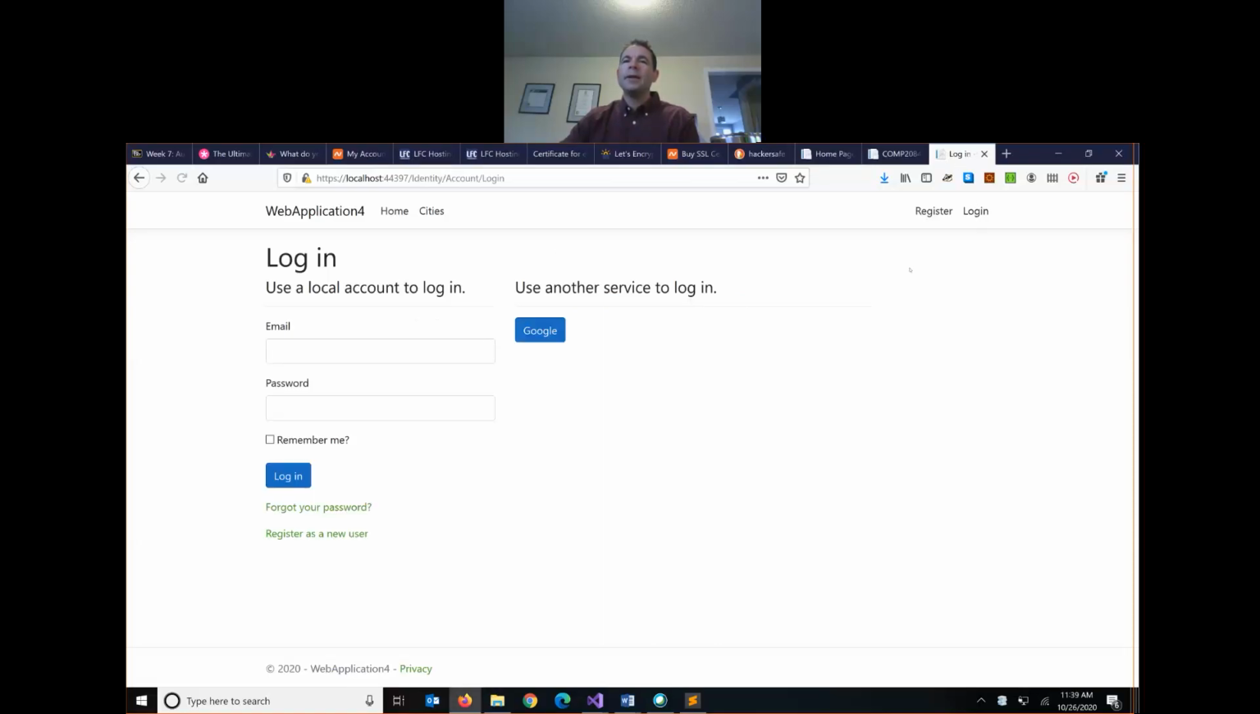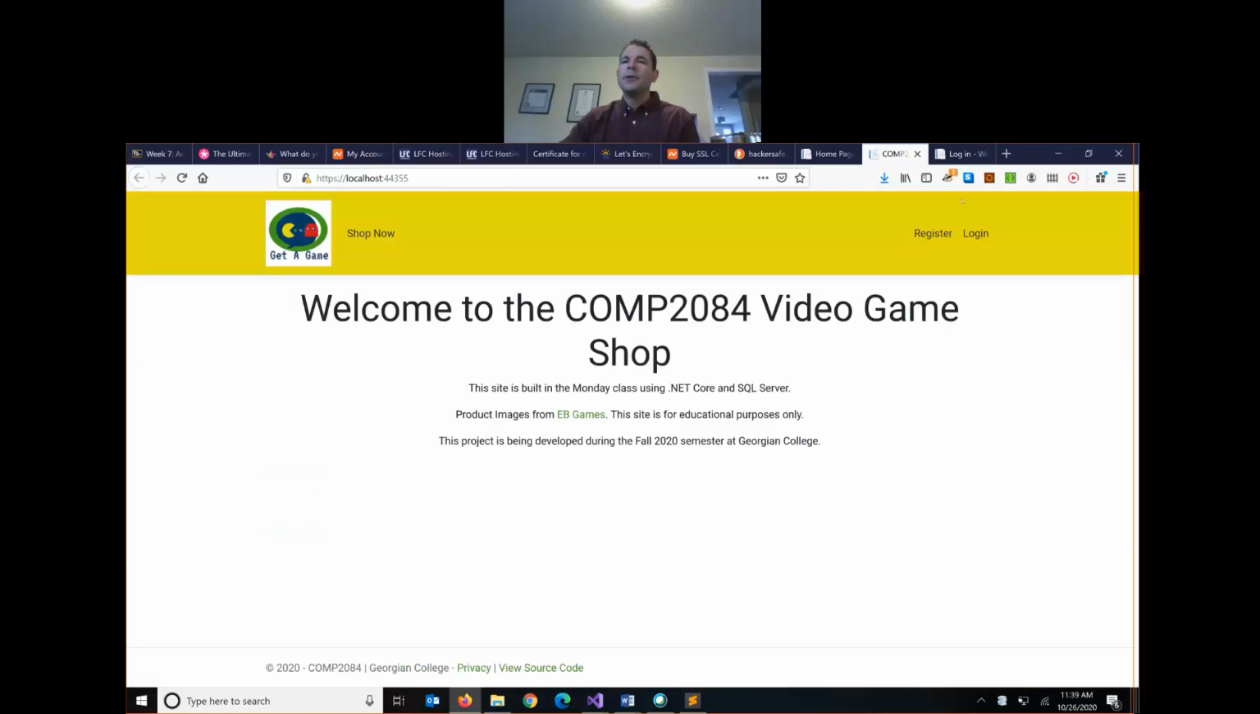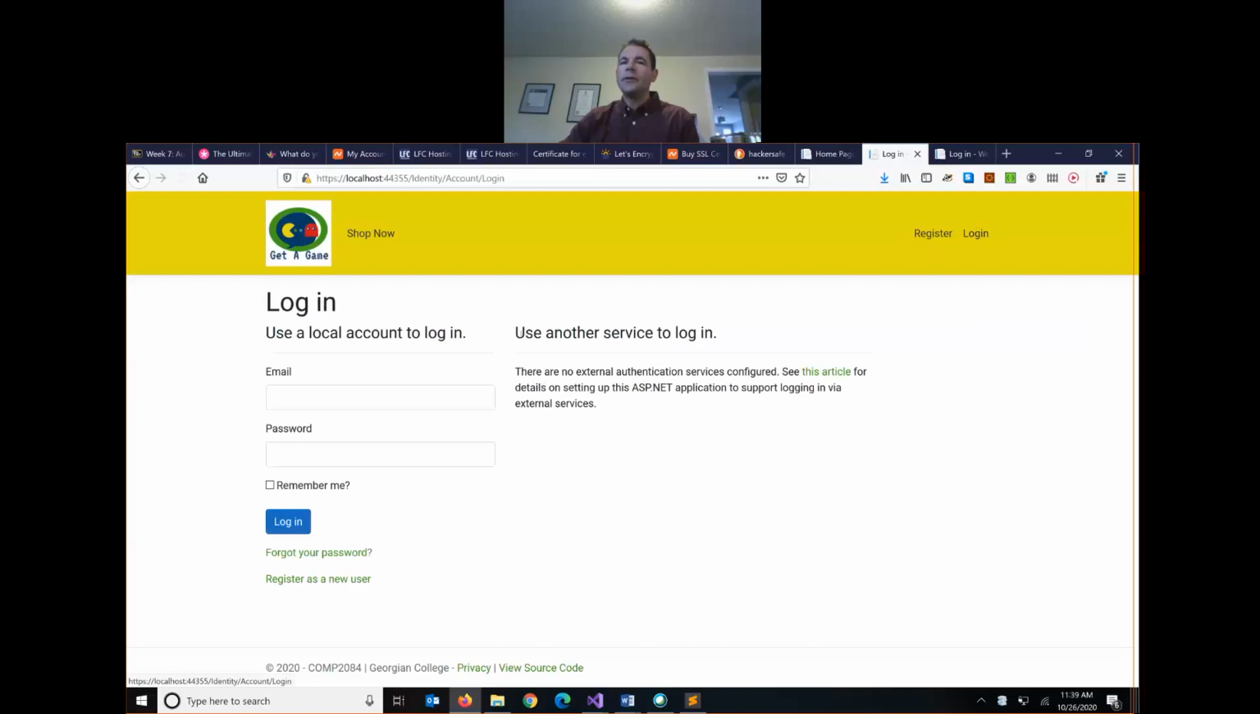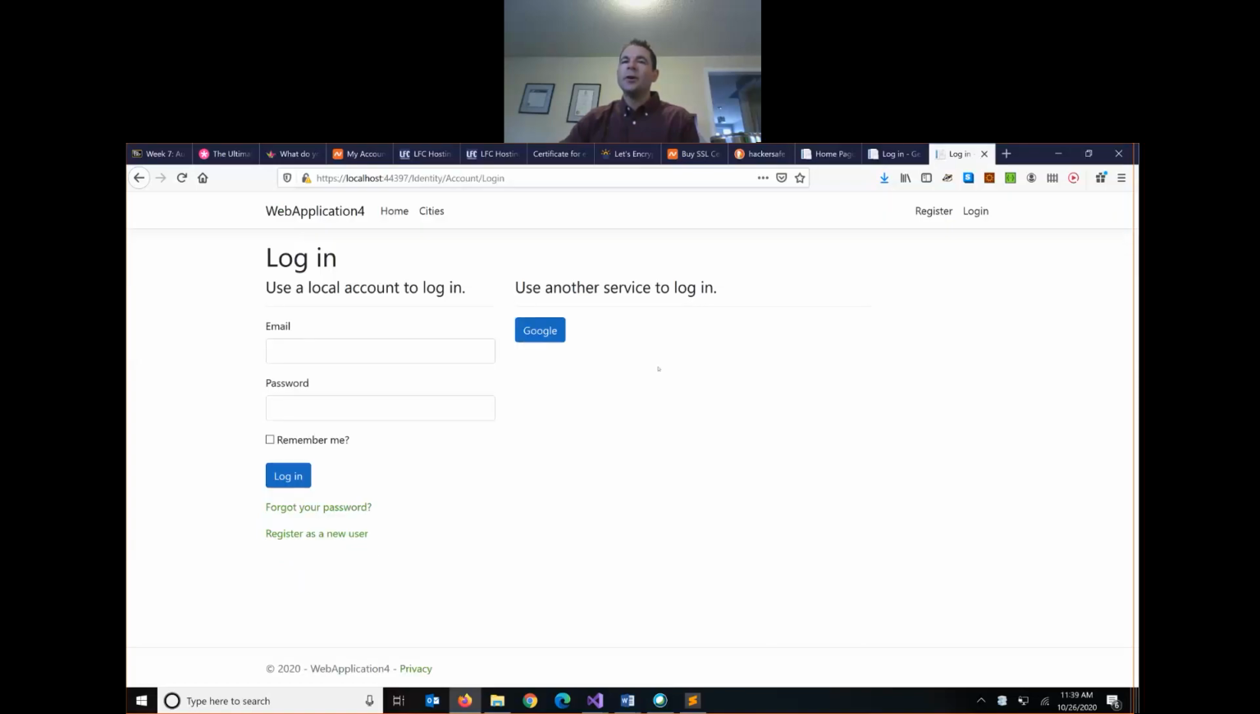When I click Login, you'll notice on our game store, on the login screen, it says, use another service to log in. No external service is configured. So we want this to change. So instead, it's going to show Google. And if I click on the Google button,